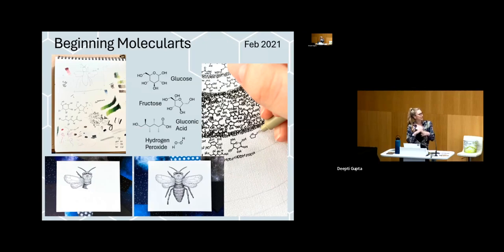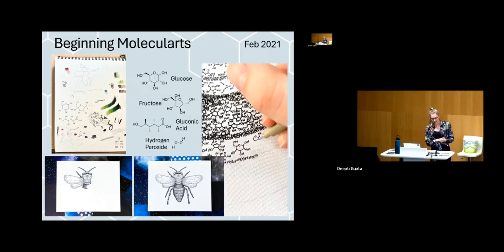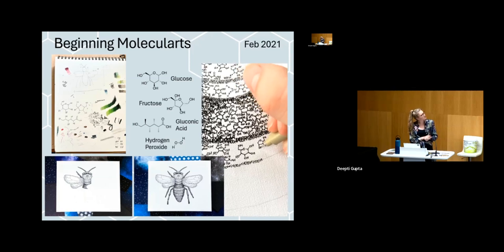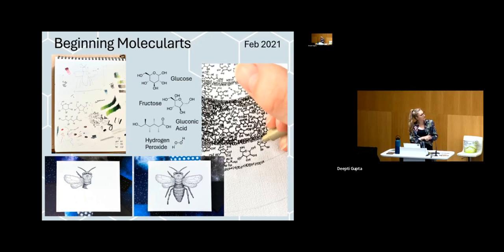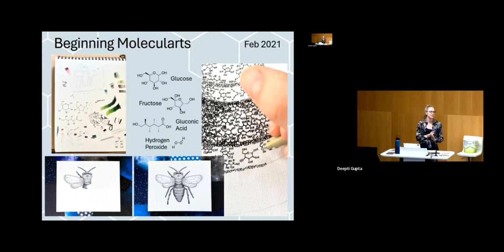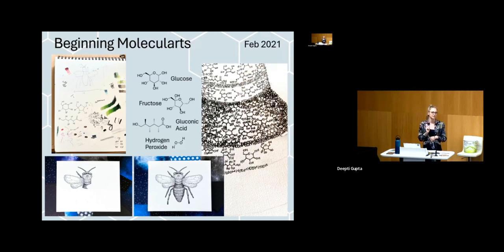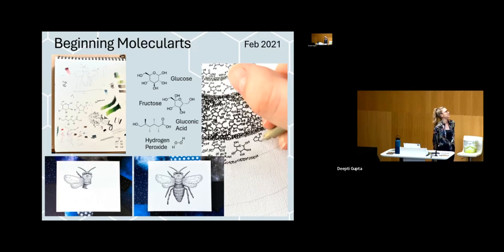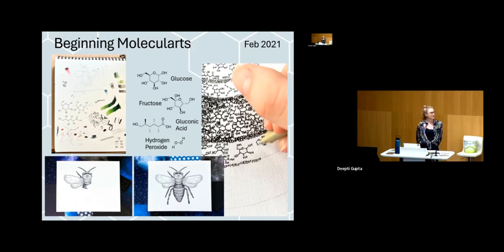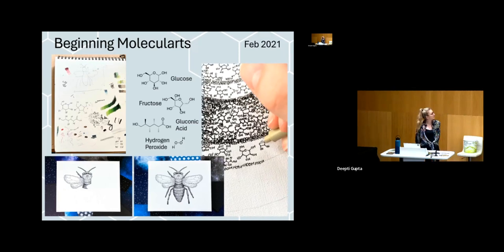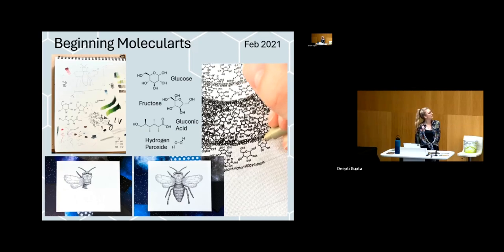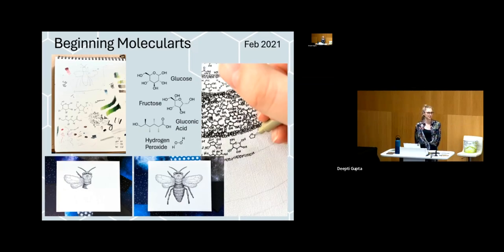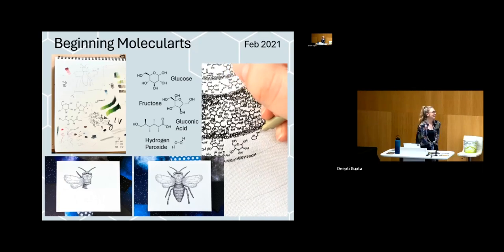So, beginning molecular arts, the pun is very much intended. This was during the second or third lockdown, when I started doing this. I was doing the photorealism stuff, and my family were like, oh, why don't you try and come up with an original idea? You've got time, just have a go. And so I thought, okay, why not? On the top left, you can see the original scribble I made on my test page in my sketchbook for this whole idea. I find this very cool to look back on now that I still have it.